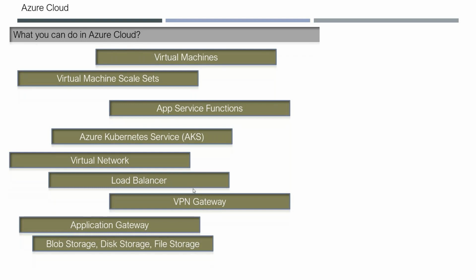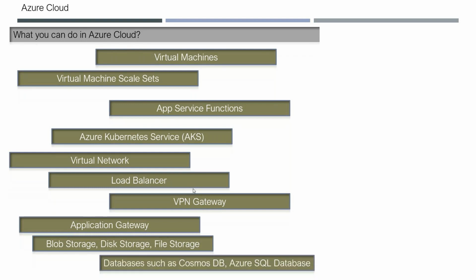And blob storage is basically for keeping your images, photos or videos. For such things you use blob storage. So for different types of data, you use different types of storage. And you will use databases. You can create Azure SQL databases, Cosmos DB, which is NoSQL, and you can create Postgres. You have all the databases.